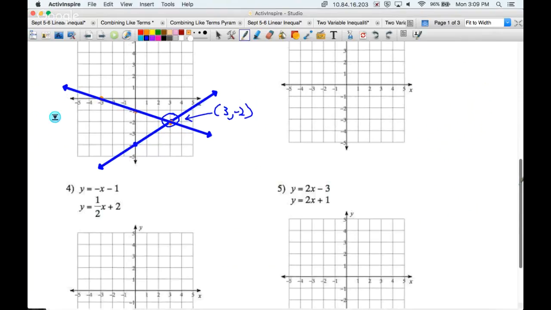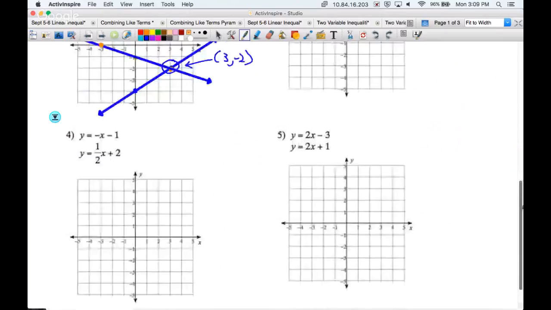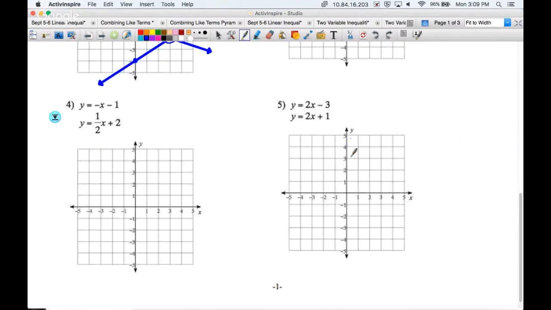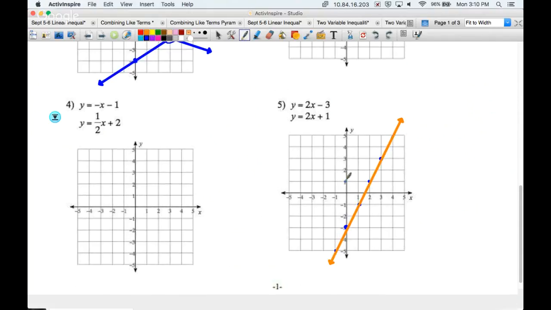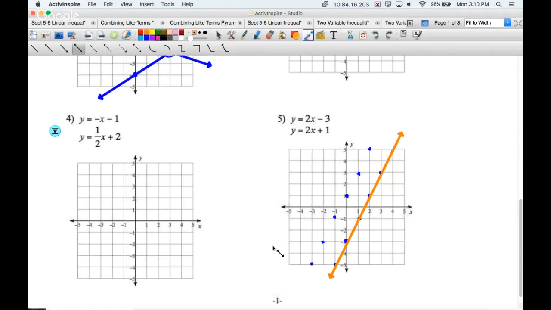Let's see if there's one that looks maybe like it's going to be challenging. Let's take a look at number 5 real quick. 2x minus 3. So I go to my y-intercept of -3. Slope of 2 is the same as going up 2 over 1. I'm all the way off the graph that direction, so I can also go down 2, backwards 1. Connect those up. Next equation's got a y-intercept of 1, up 2 over 1, down 2, backwards 1. Connect up these lines, and we can see pretty clearly